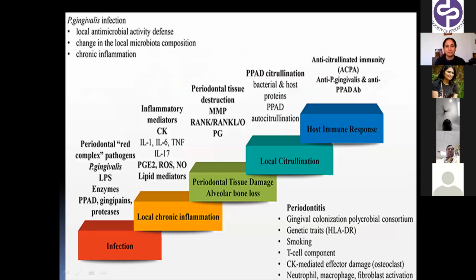Now this is again a very complex type of diagram, but try to understand this, how the other factors can be incorporated in this. First, we were trying to see that it's an infection. That was the era when we started making vaccines. We thought it's an infection, like we are looking for a COVID vaccine right now. So we were looking for a vaccine against P. gingivalis. But you know that the research is not going more in that direction, because we know now that it's